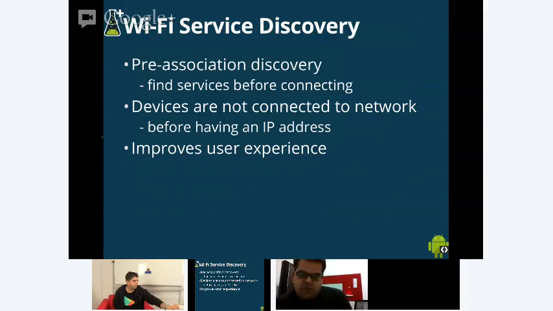So this wasn't actually a very good user experience, that you'd have to connect to devices to figure out what services are available. So that's where the Wi-Fi service discovery comes in, Wi-Fi Direct service discovery. And it's a pre-association discovery, so you can actually find services before establishing or associating yourself to the AP, which is the access point. So you can figure out what services are available, and if you're really interested, you can connect to a particular device which is hosting that service, or the app that is hosting that service on the